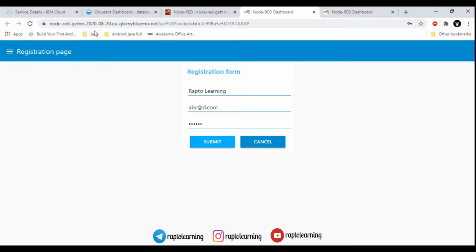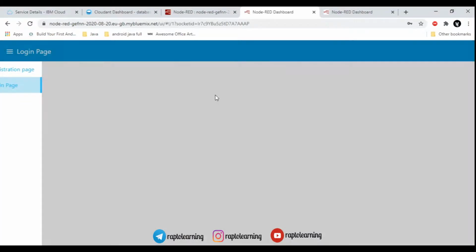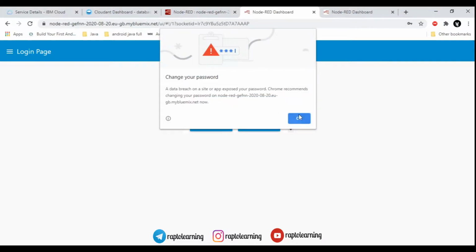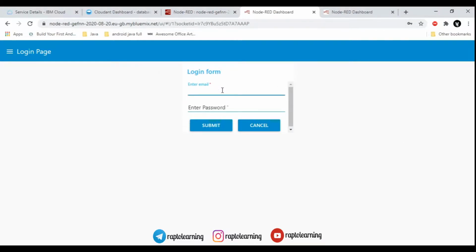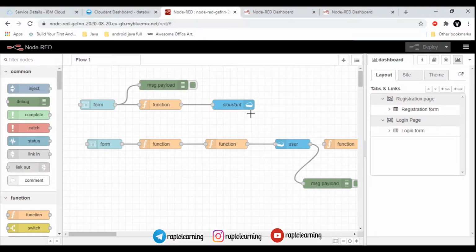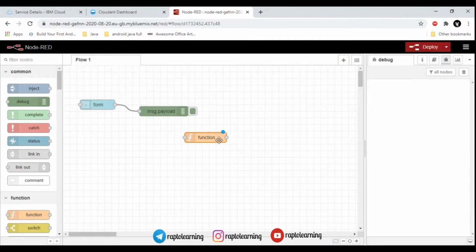This is the basic registration page, which we created in the previous videos, right? It has the basic functionality, and in this video we are going to create a login page. When you go to the login page, it only asks for email ID and password. So this is not a registration, this is basically a login page. We are going to design it, and see how to extract data from the data stored through the registration form. We are all going to see this in detail. So let's get started with this video.